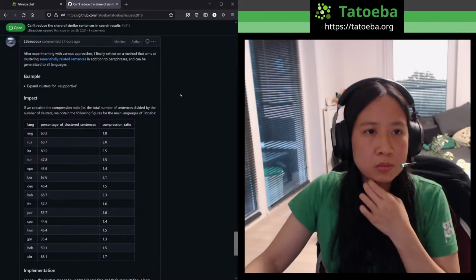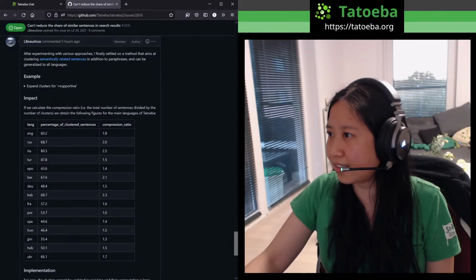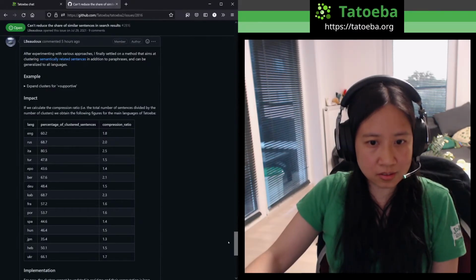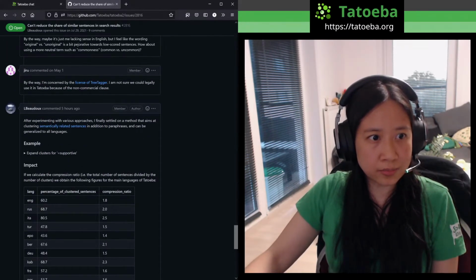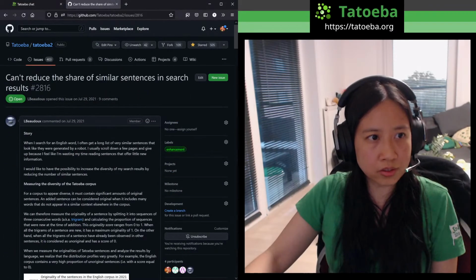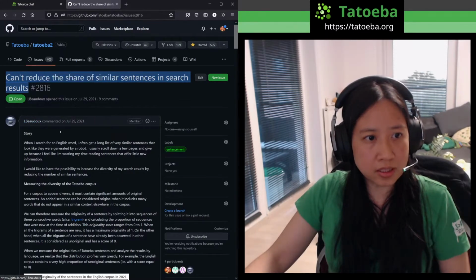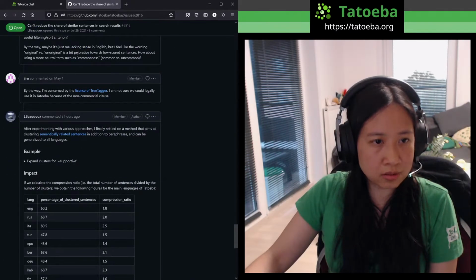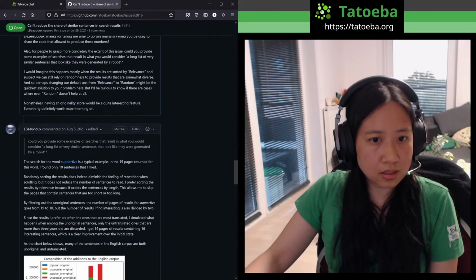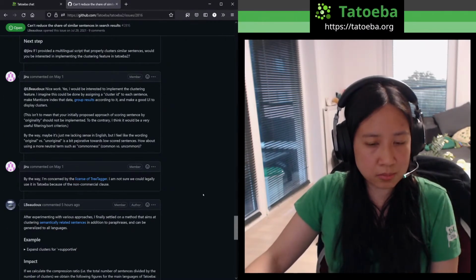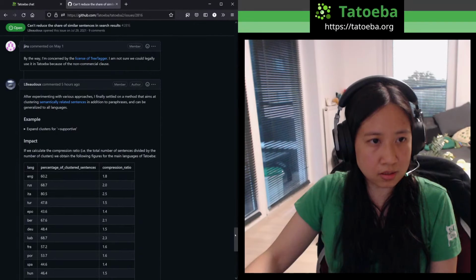So this is about this topic of diversity and balance of the corpus that I was talking about earlier. This is a long thread now, but LBDX seems to have made some progress trying to make clusters out of sentences that are very similar to each other.